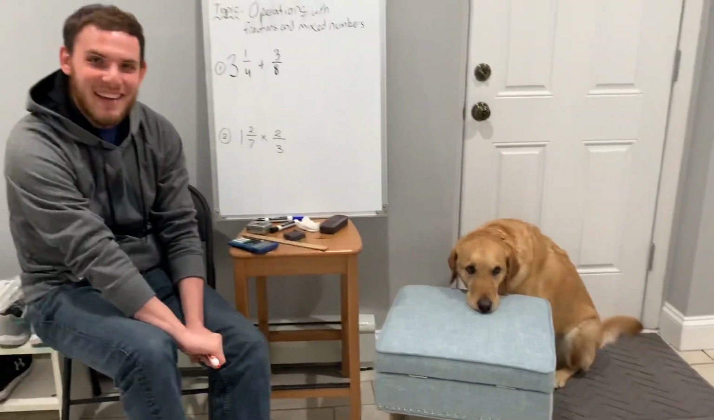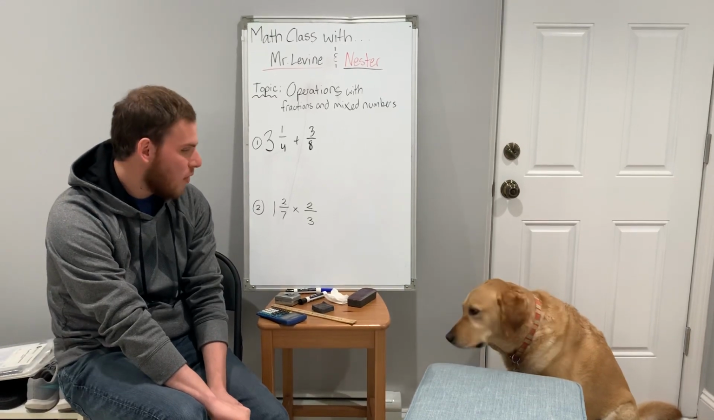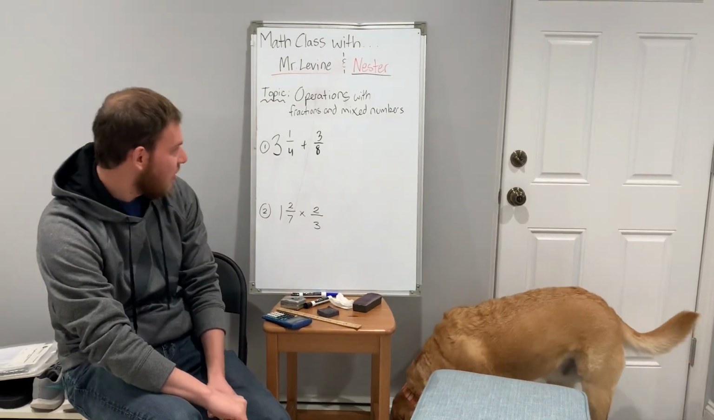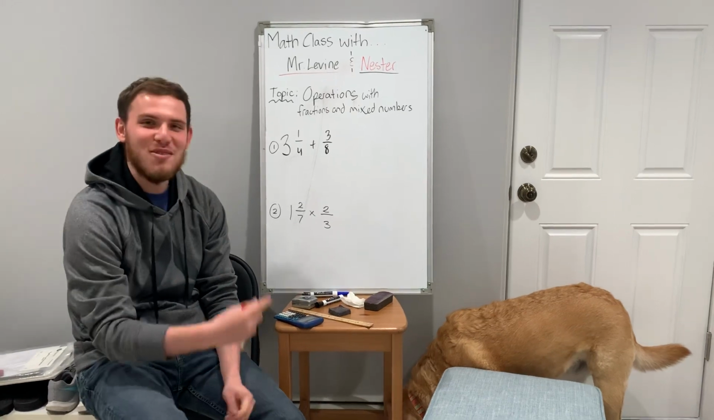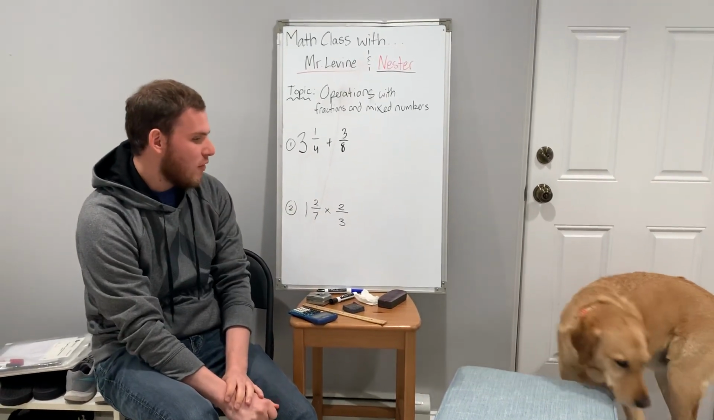Okay, today we are working on operations with fractions and mixed numbers, and I had some requests for specifically addition and multiplication. So I have two examples on the board, and the first one is 3 1/4 plus 3/8. And to start with this one,